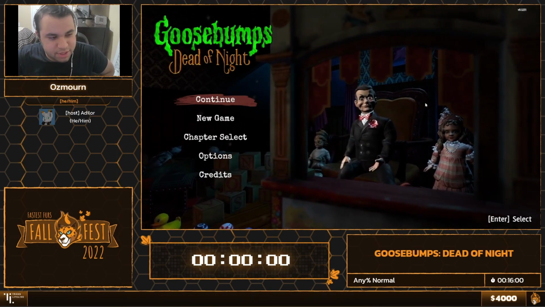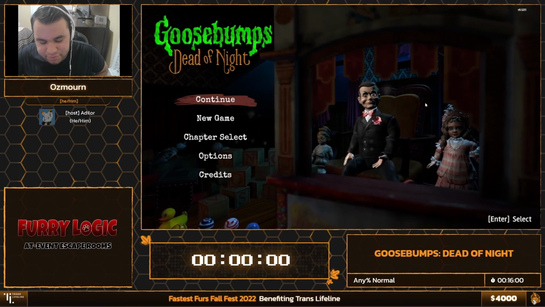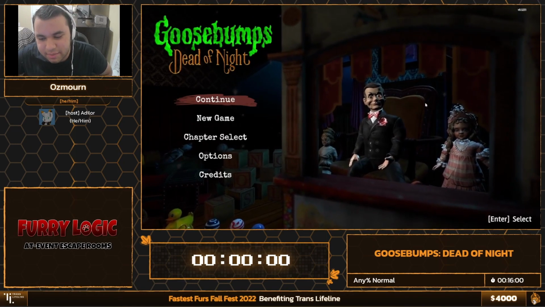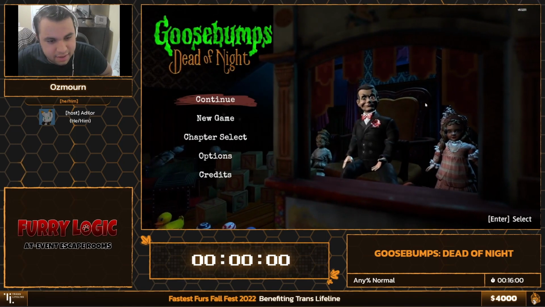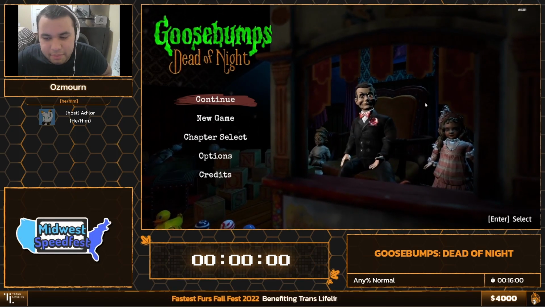We're gonna be speedrunning this. It's a very nice licensed game that came out in 2020 to accompany the movie starring Jack Black. Yeah, I really like this as a speedrun. As a casual experience, not that great, admittedly, but